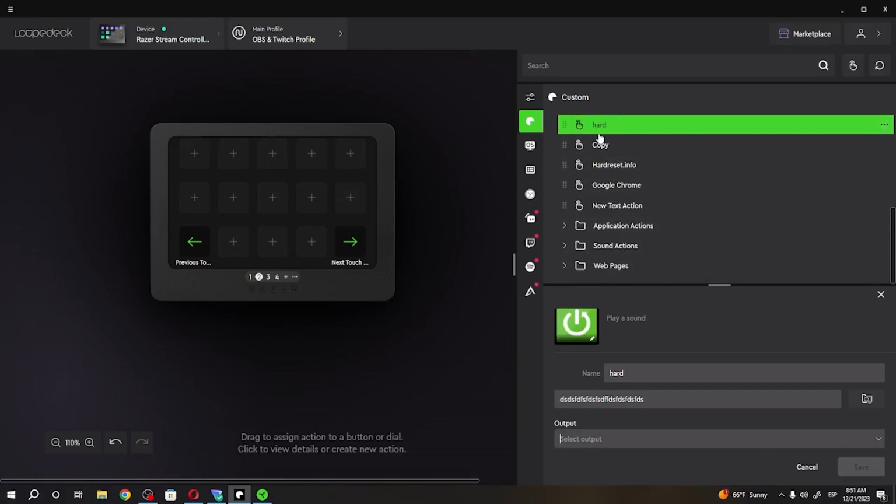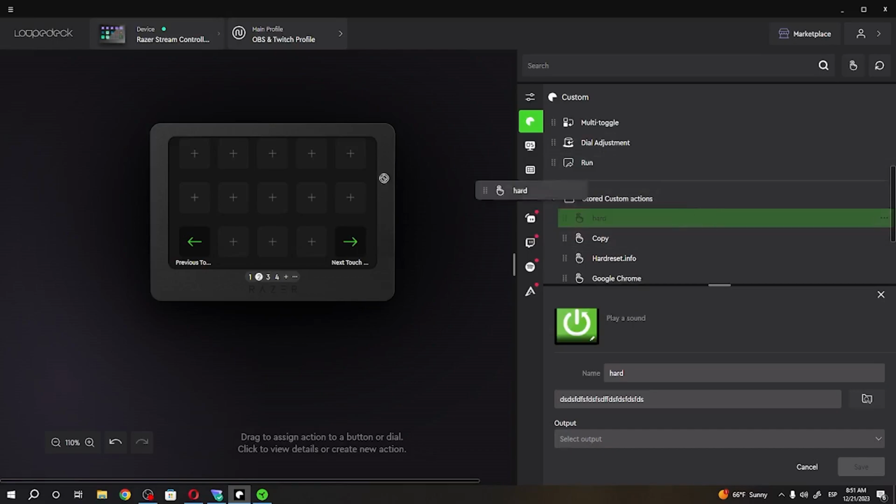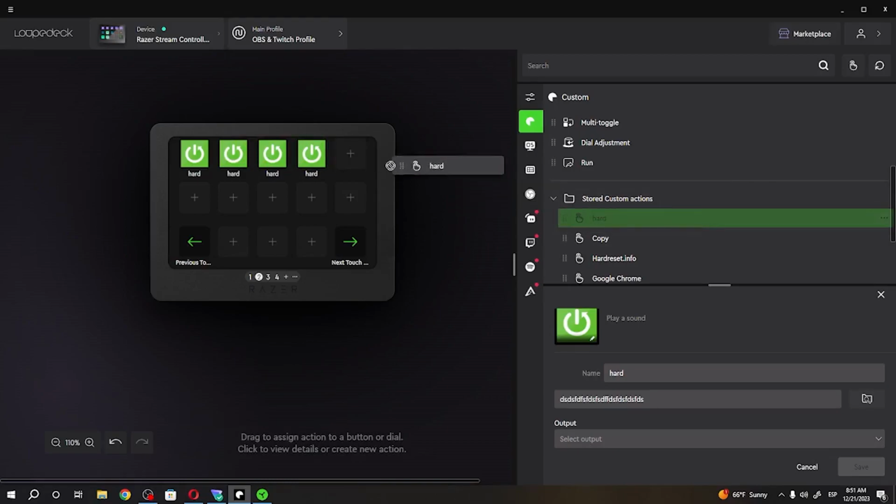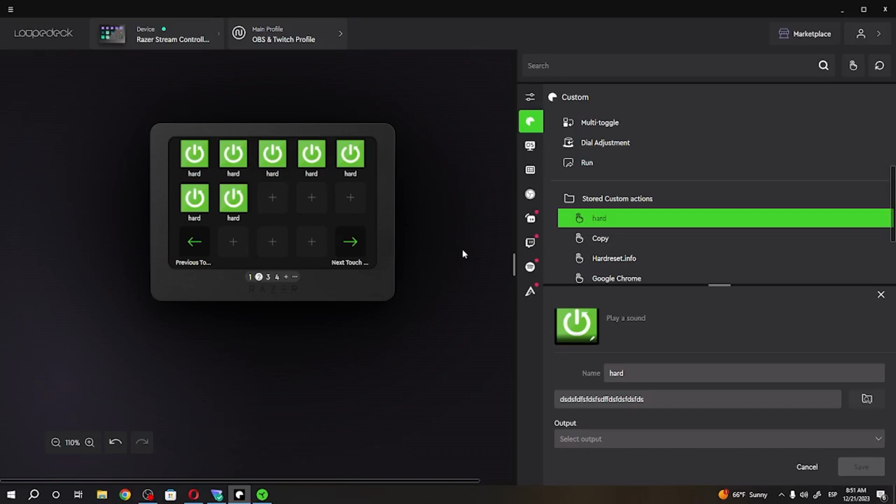Now it should appear right here in your stored custom actions, and you can assign them to your keys, and they should appear without any functions. So that means if you press on them, nothing will happen. And that's it for this